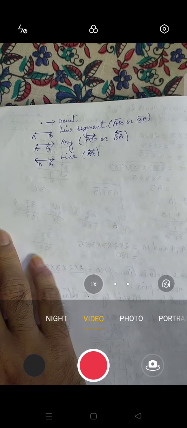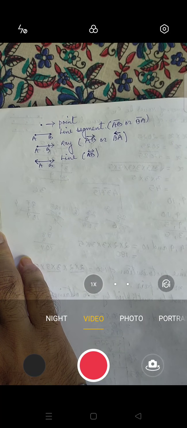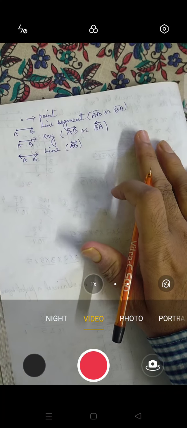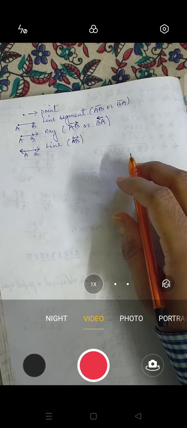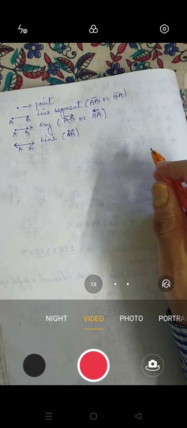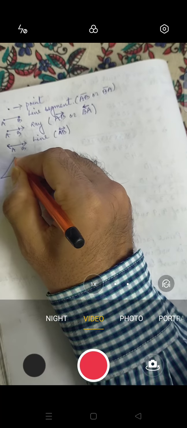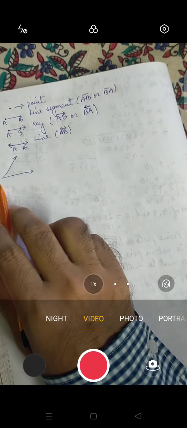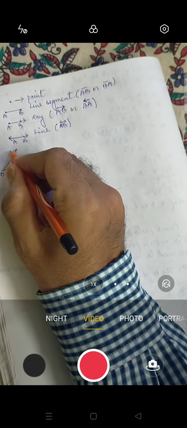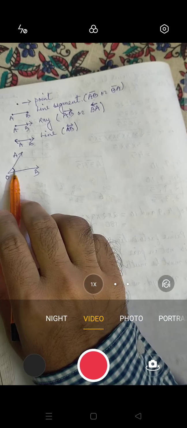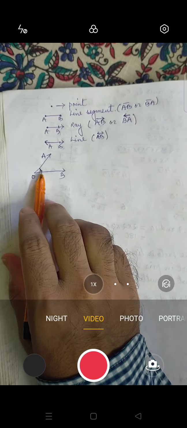Now these were the basic concepts about lines and angles. You will be getting these things. Now you have to know a few things about angles also. That means how to name the angle. Now suppose you have something like this, these are rays. This is a ray, this is a ray. So let us suppose this is O, this is A, and this is B. So this is an angle. This is called an angle.